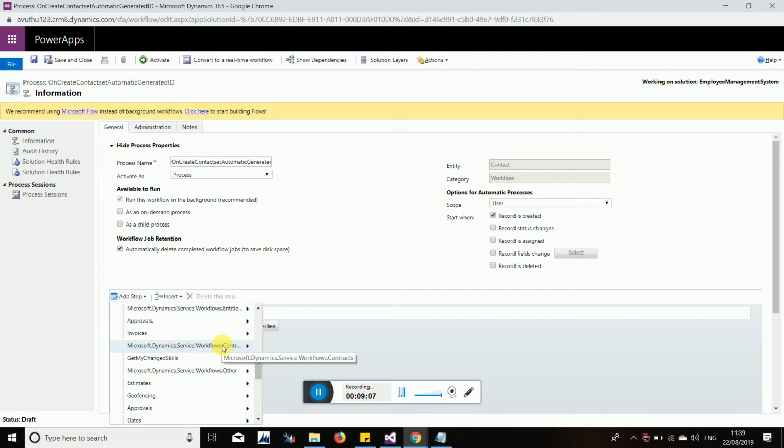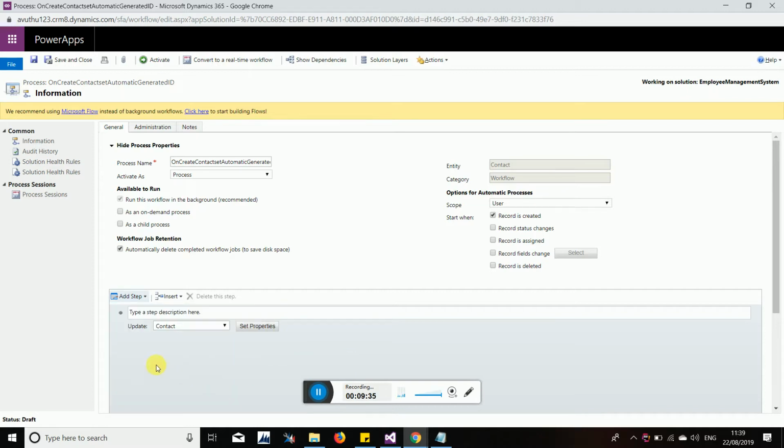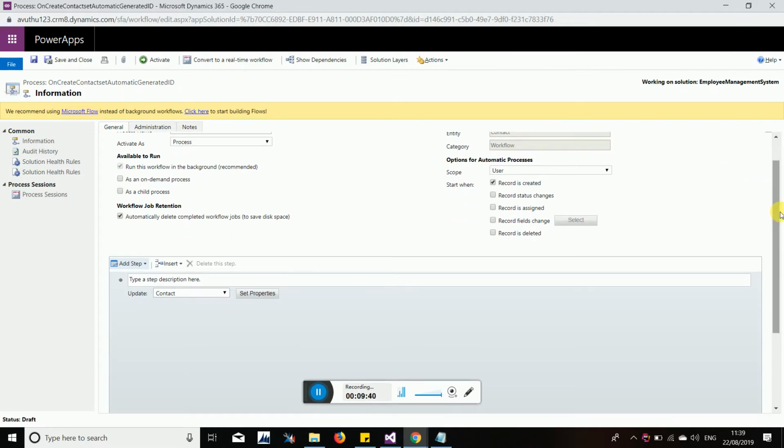As we cannot execute any code or do any calculations in a workflow, that is the reason we go for a custom workflow. Understood? That is the basic reason why we use a custom workflow, because there are certain limitations of workflow. We cannot calculate anything, right? And we cannot even use calculated and roll-up fields right now over here, because those won't work immediately, correct? So that is the reason I need to create a custom workflow. How do we create a custom code and how do we register it here, that I am going to tell you now. Understood?